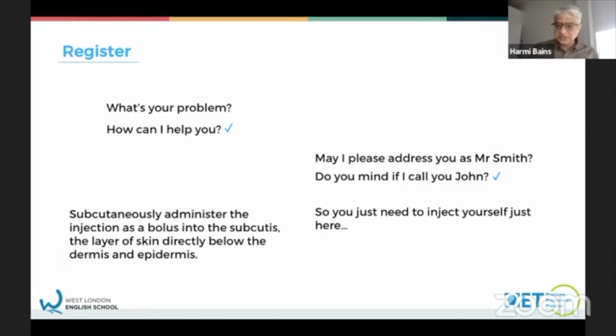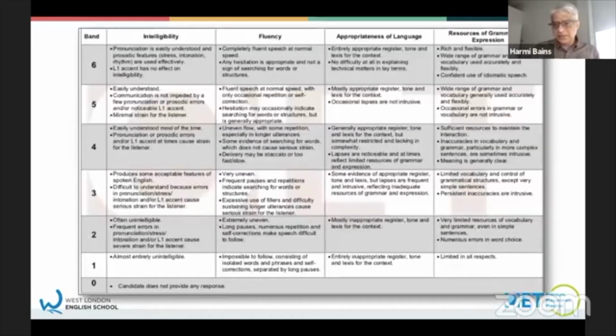So you just need to inject yourself here. It's basically a lot simpler. And so you can see you've got to avoid these medical words and just keep your language simple. Okay, so using appropriate register, don't be too formal in the speaking exam. And finally, we've got here,